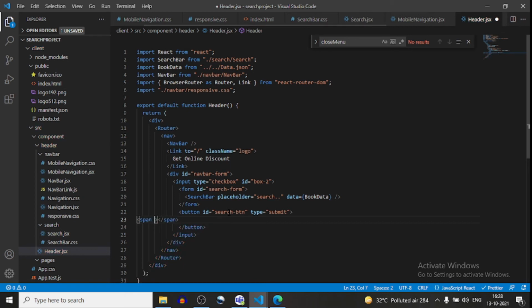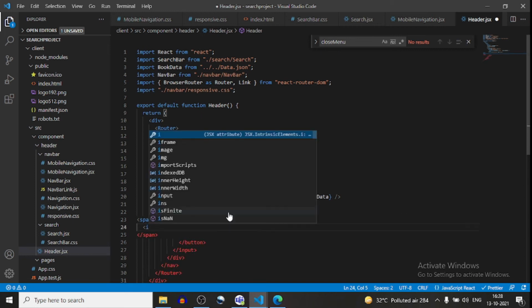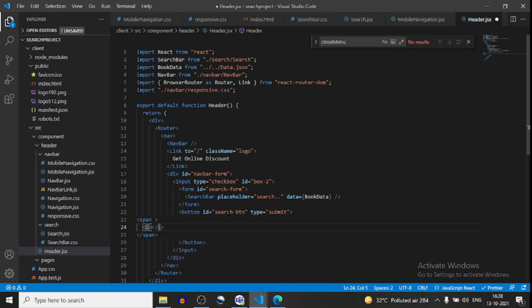This span has another i, and this i has a className, which is coming from our Google font.